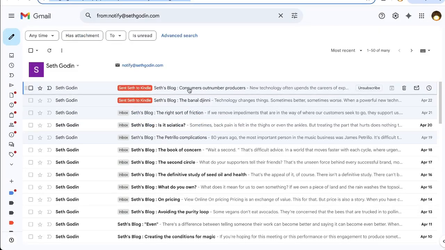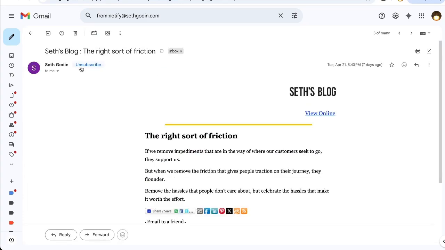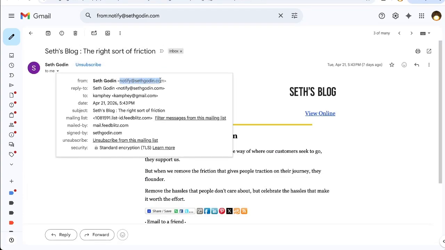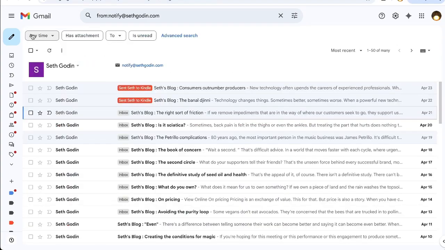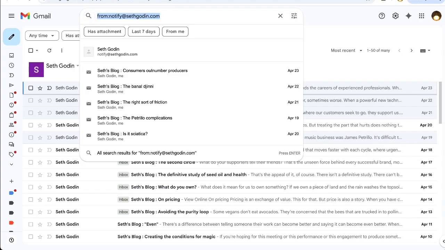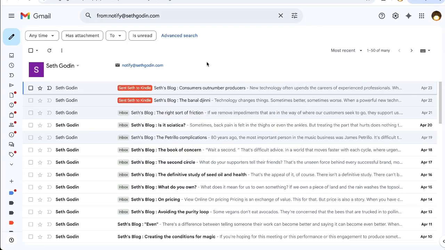For these particular Seth Godin emails that I get, this is a blog I get every day, or if you're trying to get Substack in or anything like that, there's a particular email that it's sent from. So you can see here, notify@sethgodin.com. That's where they're sending all of these emails from. And you can do a search in your Gmail, not in AppScript, but you can just do a search from notify@sethgodin.com and see, does that work? If this search works and you get all of the emails you want into your Kindle, then this AppScript is